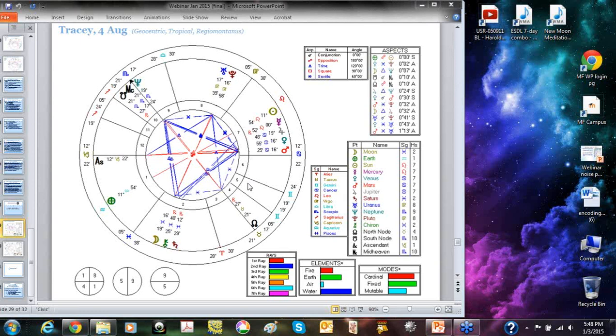Then we have all these sextiles. There are no squares. So we would think by looking at this, wow, what an easy life. Right? The soul has such an interesting way of making us grow and learn. And in your situation, I will point out how it has done that for you.